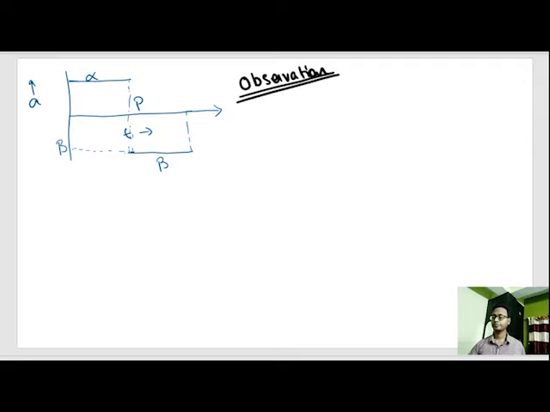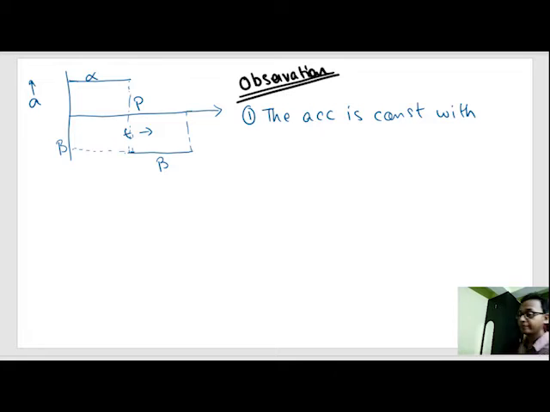So observation 1 is the acceleration is constant with value positive alpha till time p,